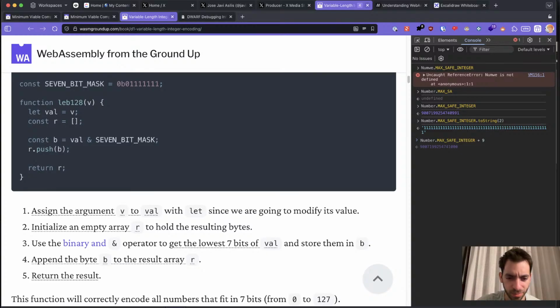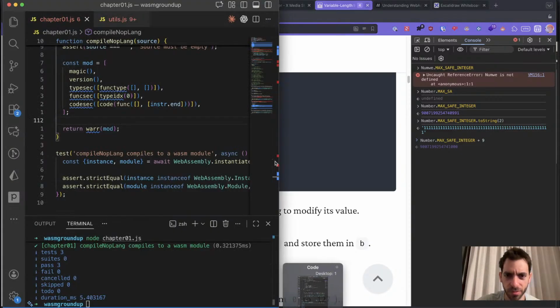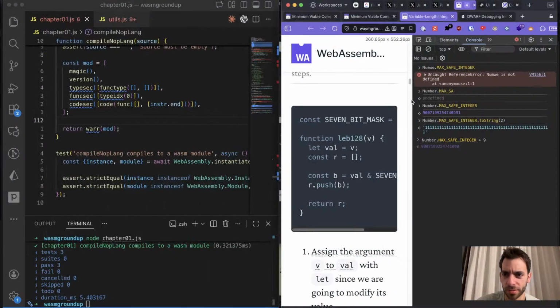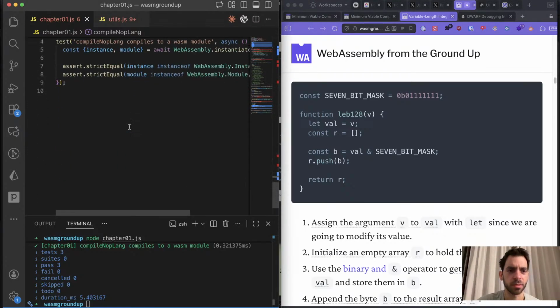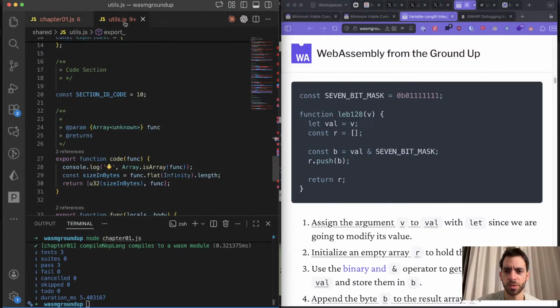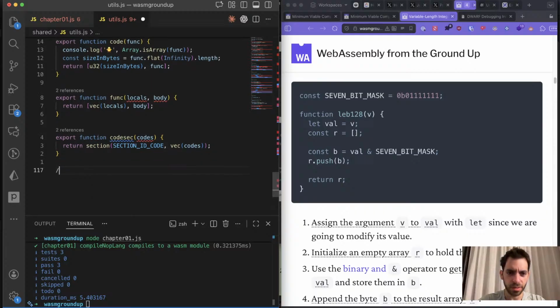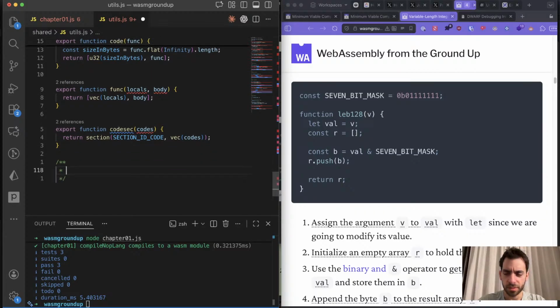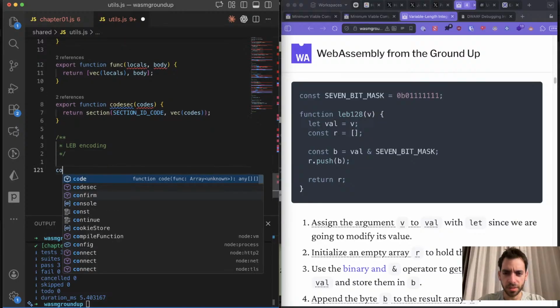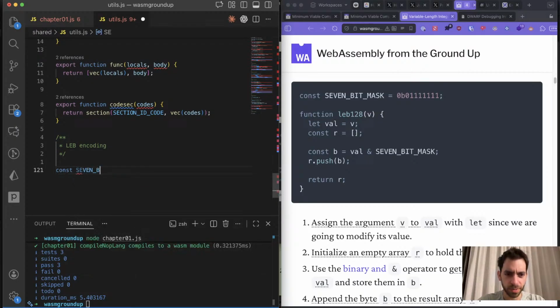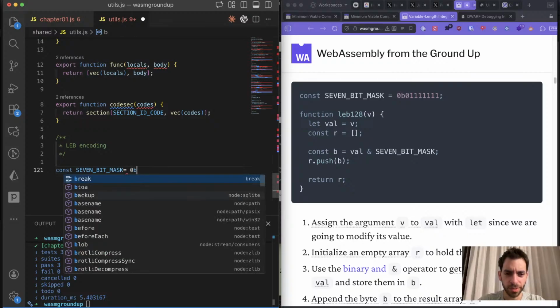Yeah. And I'm just gonna fire up VS Code. I'm gonna move this thing to the right, close the console window, and go back to utils.js. I'm gonna write here, LEB encoding. I say const 7-bit mask. I'm gonna say it's in binary format, right? And I'm gonna say 0